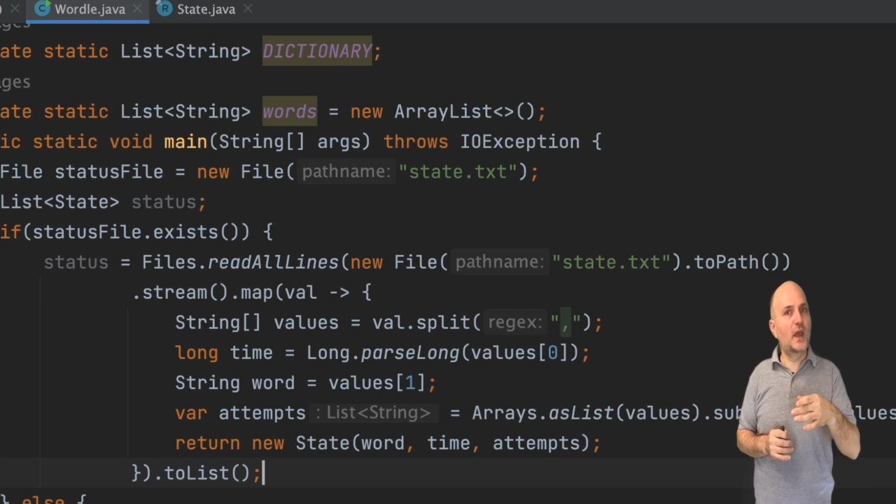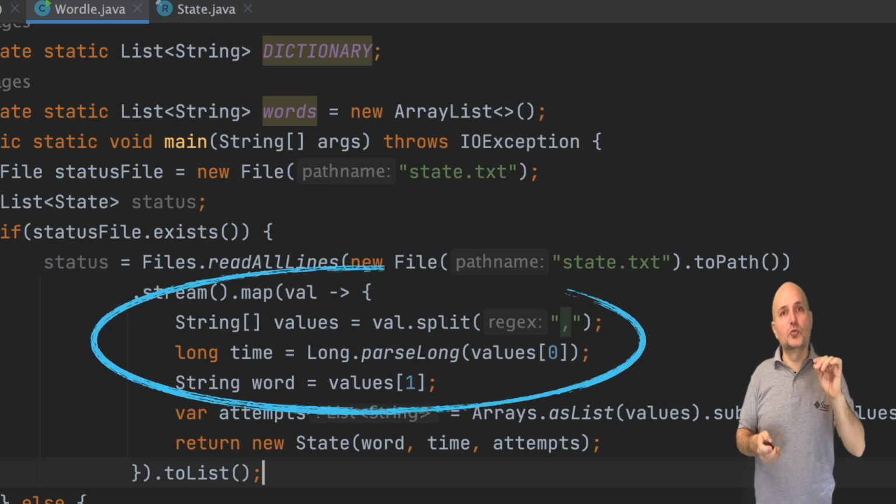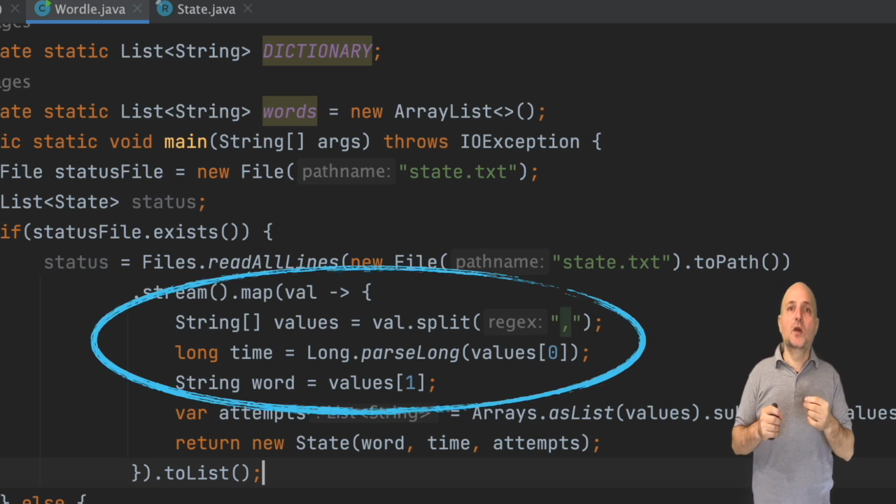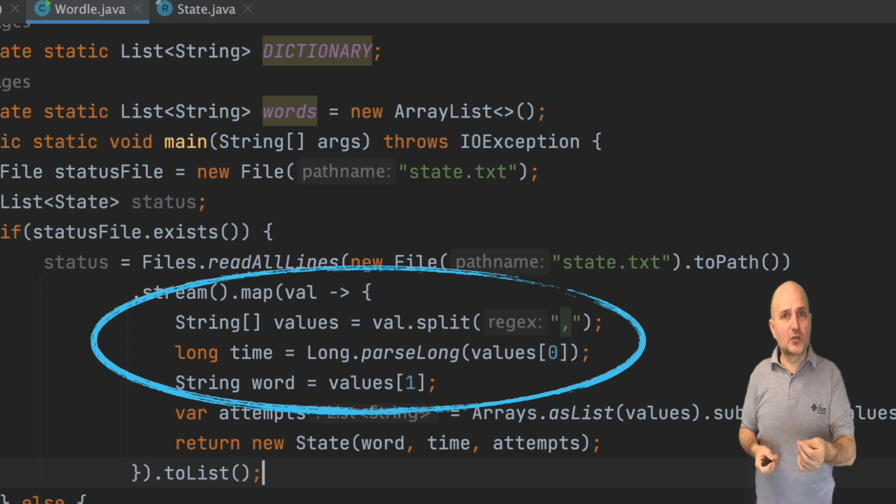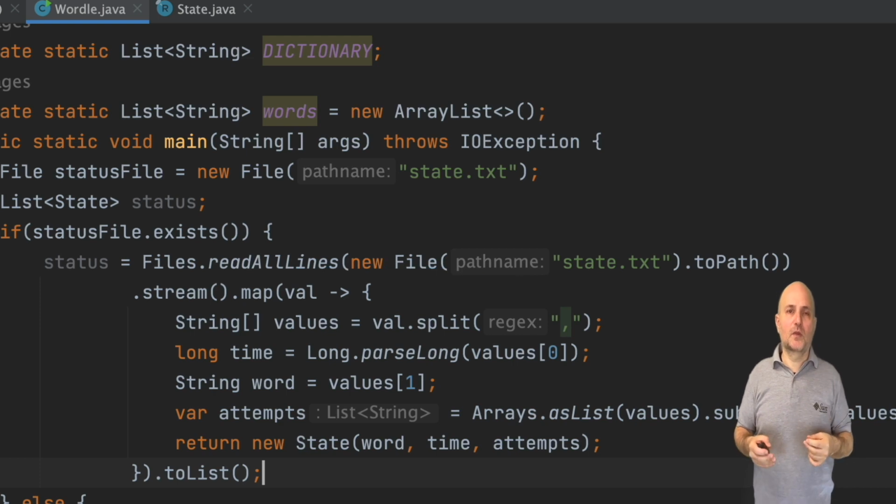If we want to access an individual entry, we will have a convenient object and will no longer need to write all of this code to just get a timestamp. We can just invoke the time method on the state object and we will get a ready-made value.